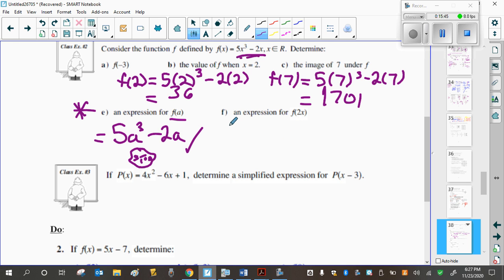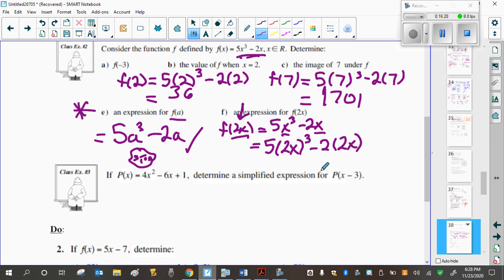Now this one's a little more difficult, as you have f of 2x. We're doing this one together. So 5x cubed, subtract 2x. So wherever I see an x, I put 2x. Okay, so those x's turn into 2x. That's what this means, f of 2x. So everything else stays the same. The x turns into 2x, and I still keep the cubed. And I keep the subtract 2, just bring that down, and wherever I underline the x, that's what turns into